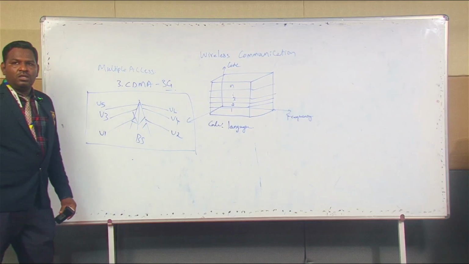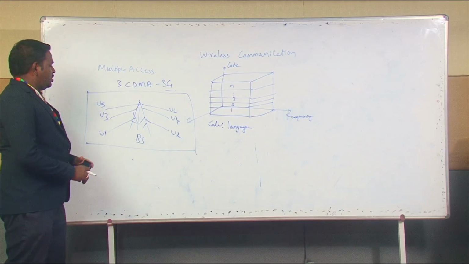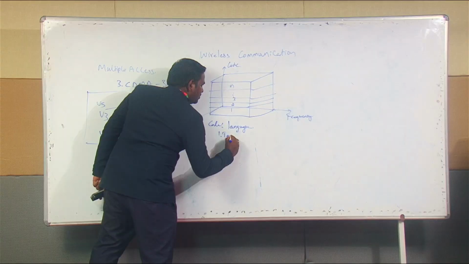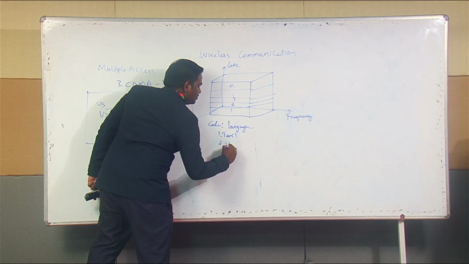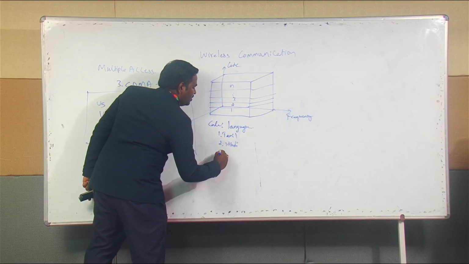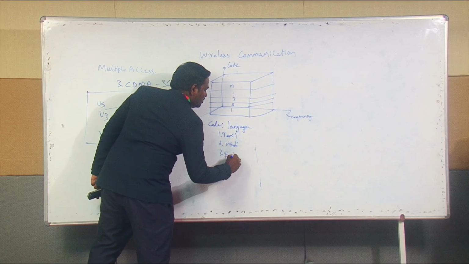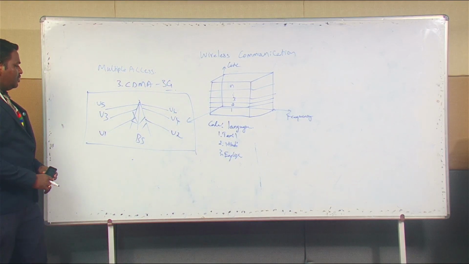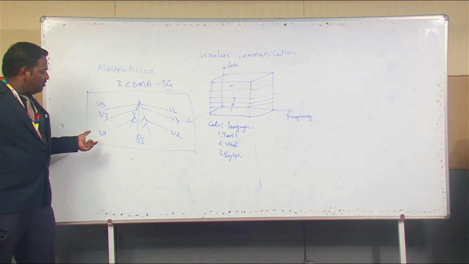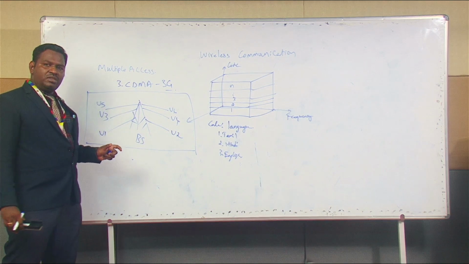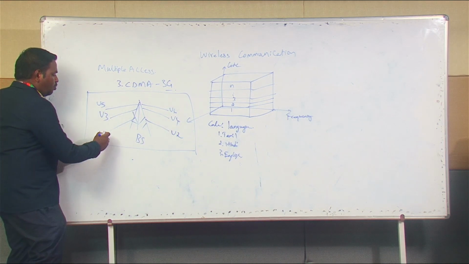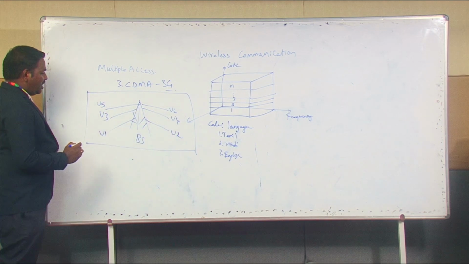I will take 3 languages: Tamil, Hindi, English. So here user 1 will use the entire bandwidth, entire duration, but user 1 and 2 will communicate